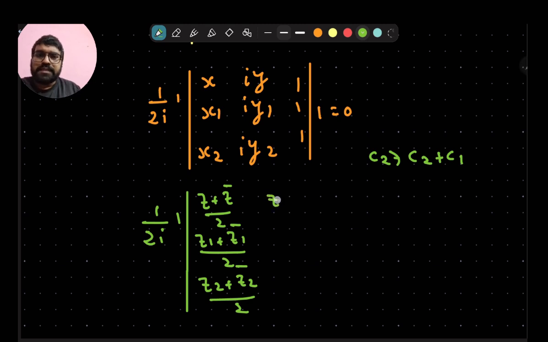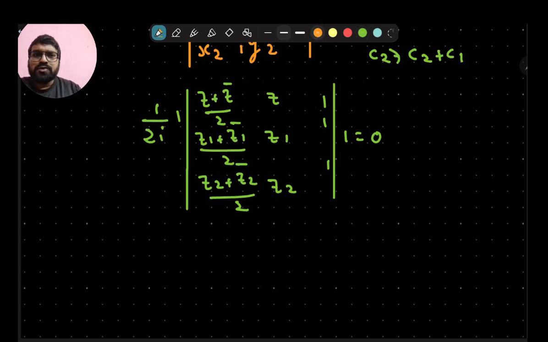So this is nothing but z, this is z1, and this is z2, and this is again 1 1 1, 1 1 1, and mod this is equal to 0. Further I can take 1 by 2 common, so it will be 1 upon 4 iota, and this is mod, and this is z plus z bar